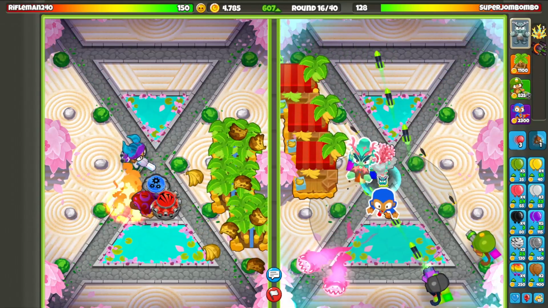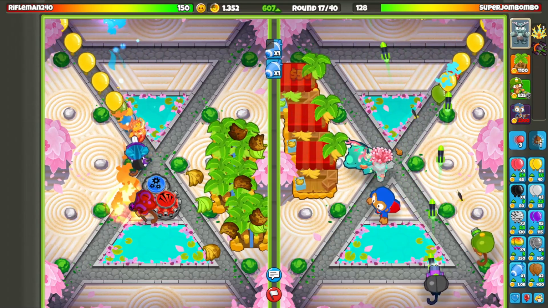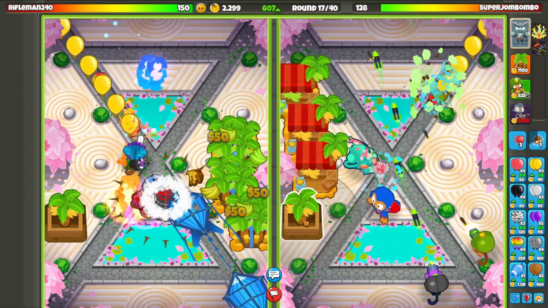And now we want to prepare for Moab-class Bloons. So let's get a Super Monkey down in here. And we're going to counter rush with our own set of 2 Moabs. See what he does against this. He doesn't even have a Necromancer yet. That's just a camo detection wizard. More banana farms popping out from him, but it's going to be